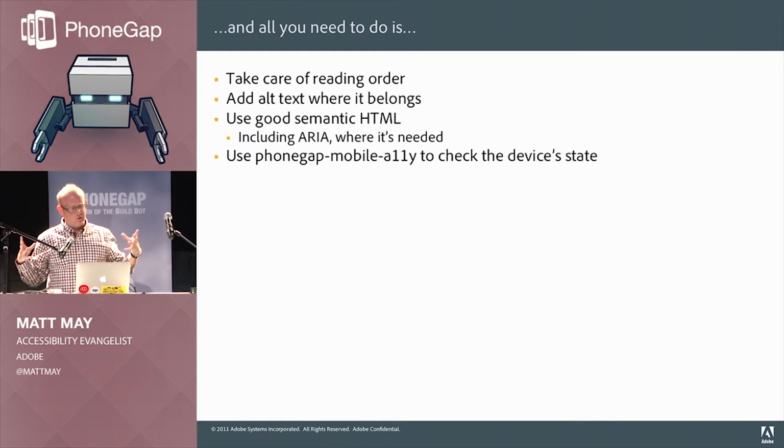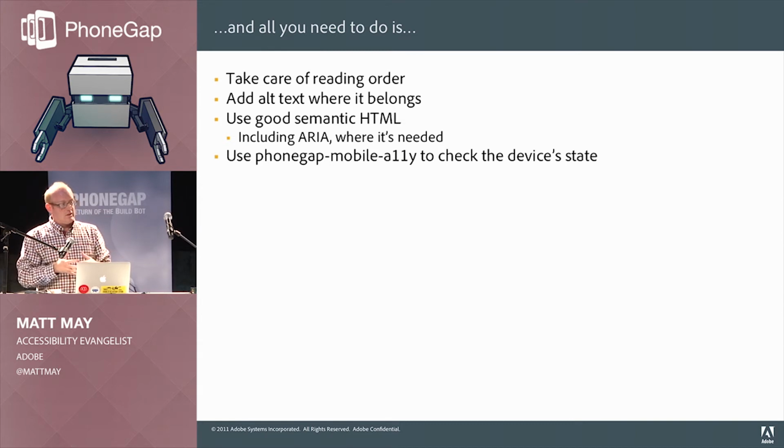And that sort of falls under the umbrella of using good semantic HTML. If something looks like a heading, even though you can style it however you want in CSS, make it a heading. If it's a list, make it a list. Don't just put bullets next to the content. Because you're stealing away, especially with lists, the fact that you will hear how many items are in a list if you're using a screen reader in a mobile operating system. So if you can't find out that there are 100 links that you're going to go through, it's going to be a really long slog for a user that needs to access that information.